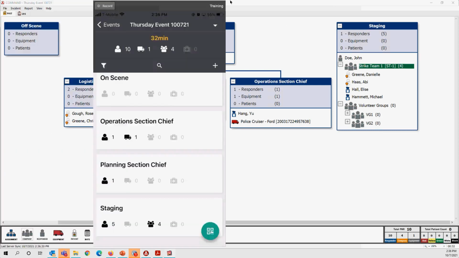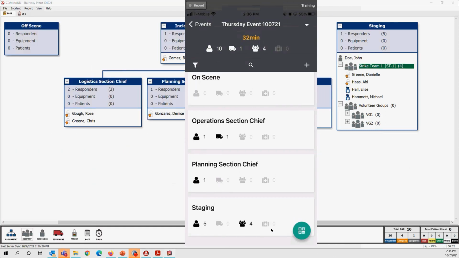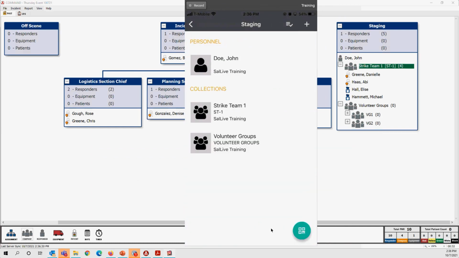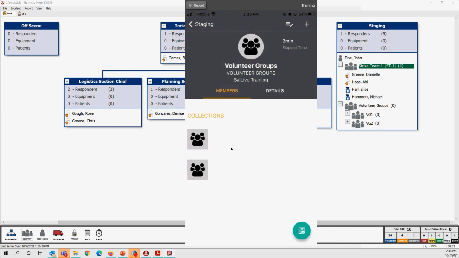On the Track app itself, I'll show you how this looks. On the Track app, you see on staging, I've got 4 in here. You'll see your strike team 1 and then your volunteer groups, your main one. If you tap on the name of the collection, it'll take you into your smaller